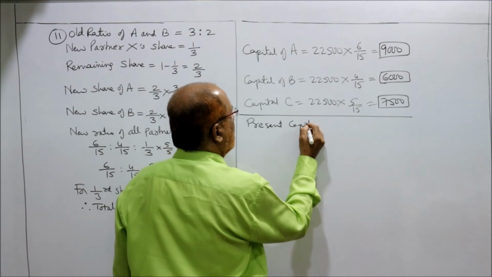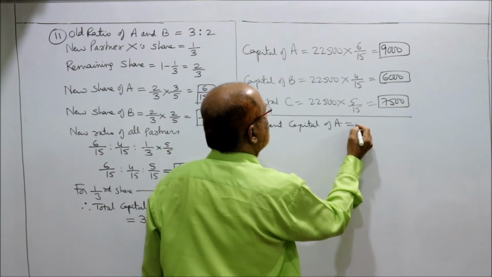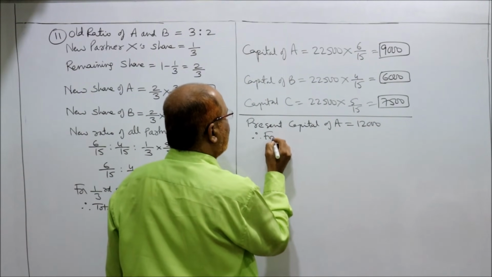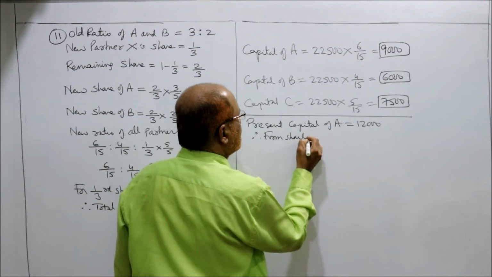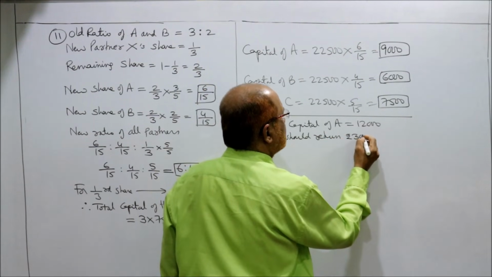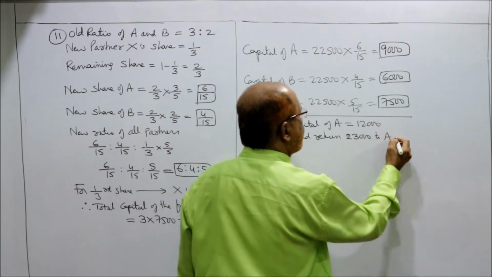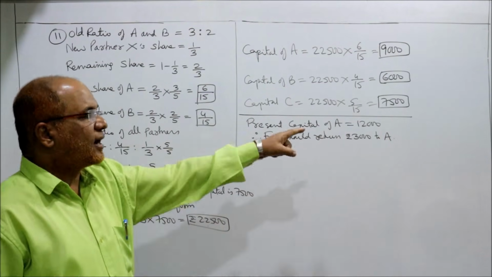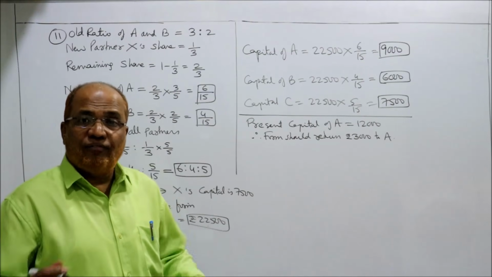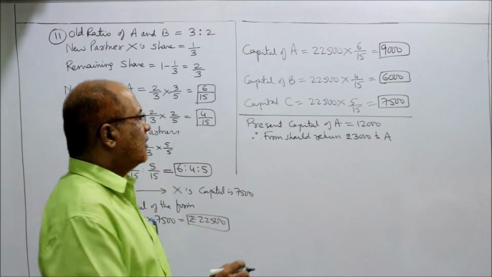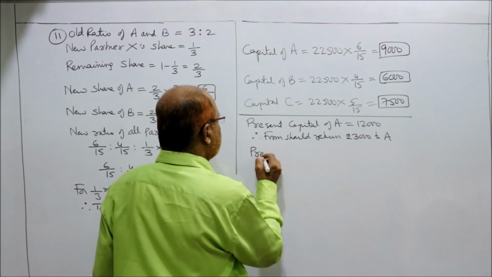Present capital of A is equal to 12,000. Therefore, the firm should return ₹3,000 to A. Because it should be 9,000, but there is 12,000 in his account, so the firm should return back 3,000 rupees to the partner A. Present capital of B